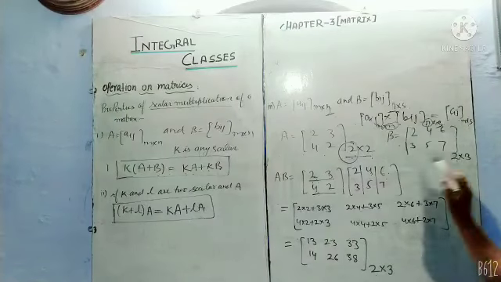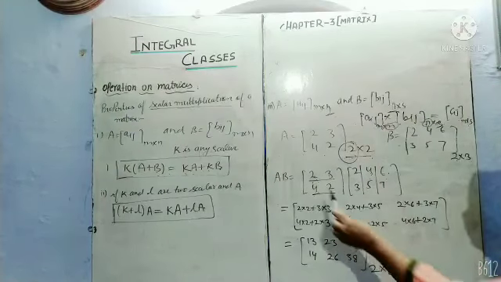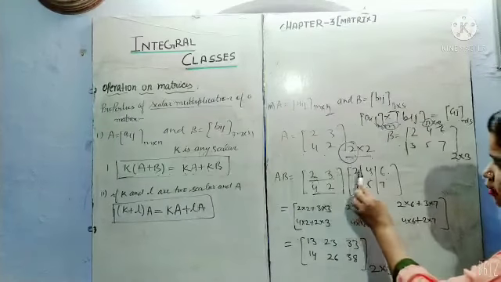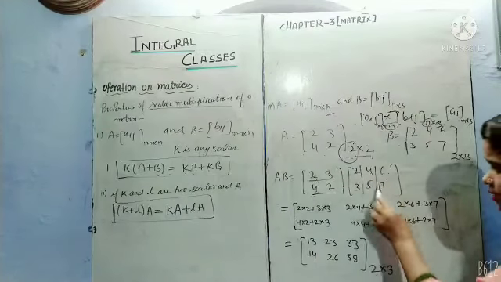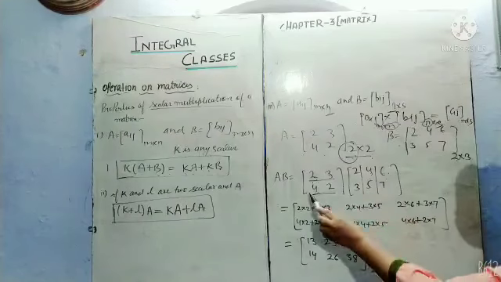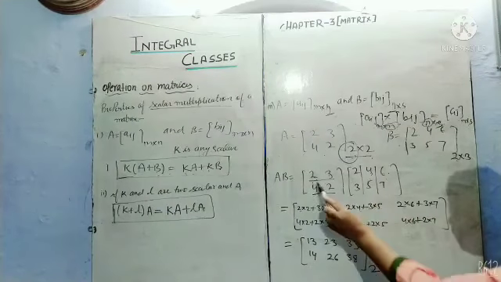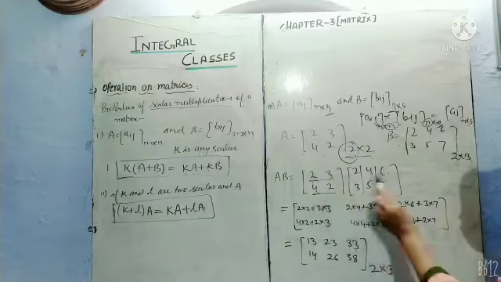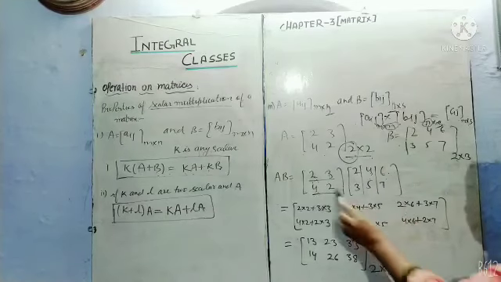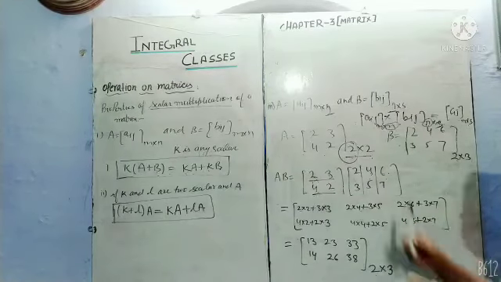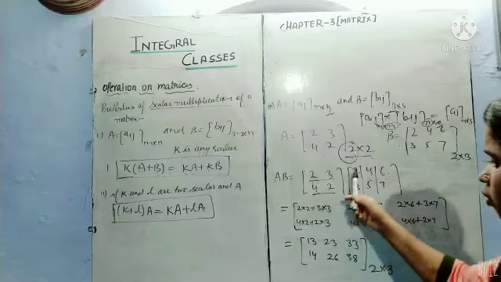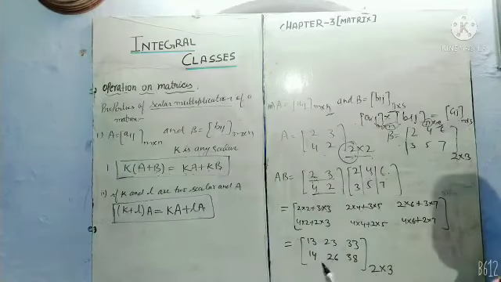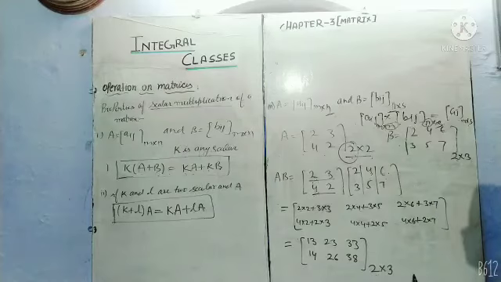Now we will multiply them. How can we multiply? The first row of matrix A is multiplied by the first column, then the second column, then the third column. So 2 2s are 4, 3 3s are 9, then 2 4s are 8 and 3 5s are 15, and 2 6s are 12, 3 7s are 21. Similarly, we multiply the second row by all these columns and we get this matrix, which has order 2 cross 3.